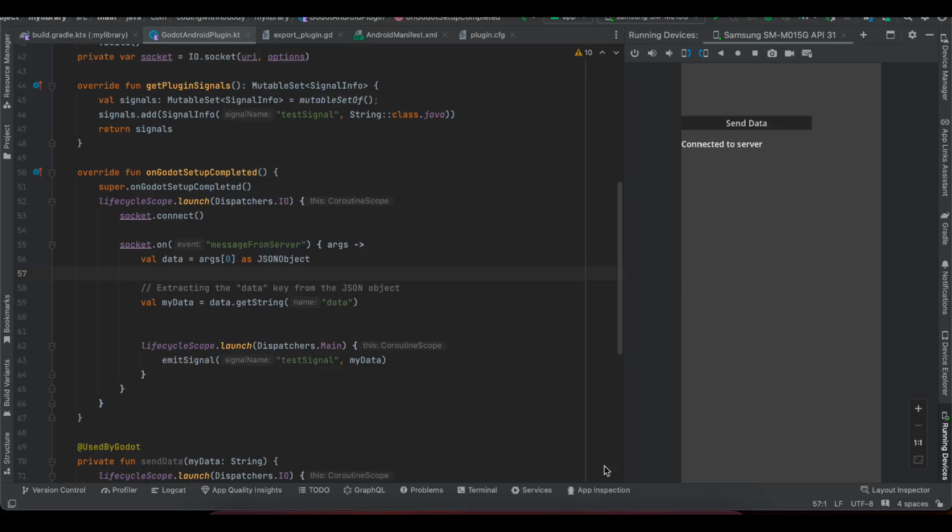In today's video I will show you how to create an Android plugin for integrating WebSocket IO inside your Godot game engine. Like I mentioned, this video is only for Android because I have created a plugin for it. Unfortunately, at the time of making this video, there is no proper implementation in GDScript. That's why I have to write Kotlin code or Java code for creating a plugin, and that's why